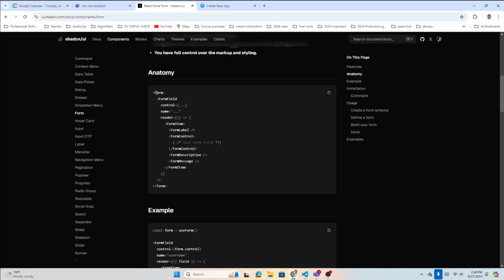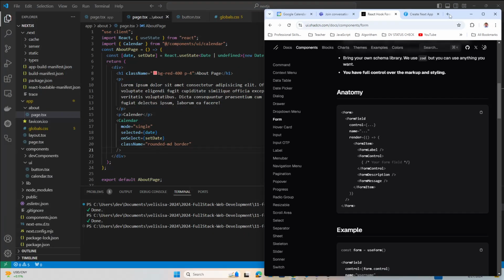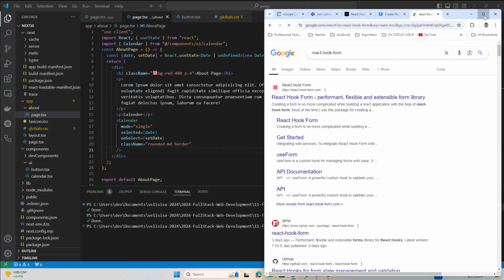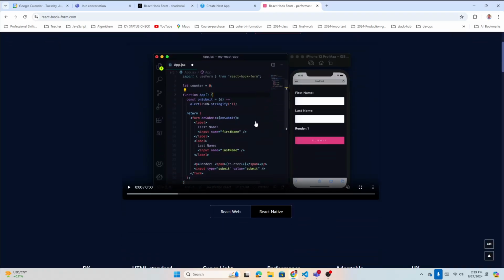shadcn form, it says, okay, there will be the form, like input fields, or maybe select button or checkbox, whatever, from the form. I will put the other stuff like validation, you can add there. You can add React Hook Form, which helps to handle or manage forms, or basically handle the form data, right? React Hook Form, okay, library. We used React Hook Form before. This is one library used for form handling, right? So,